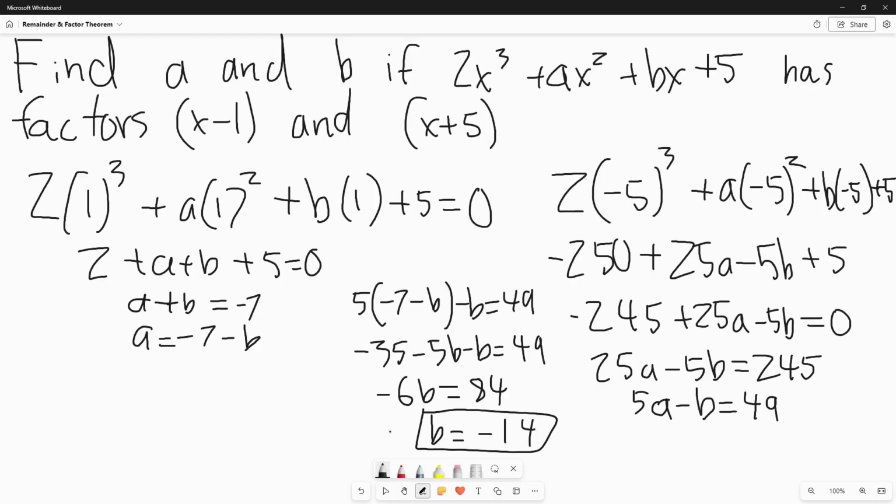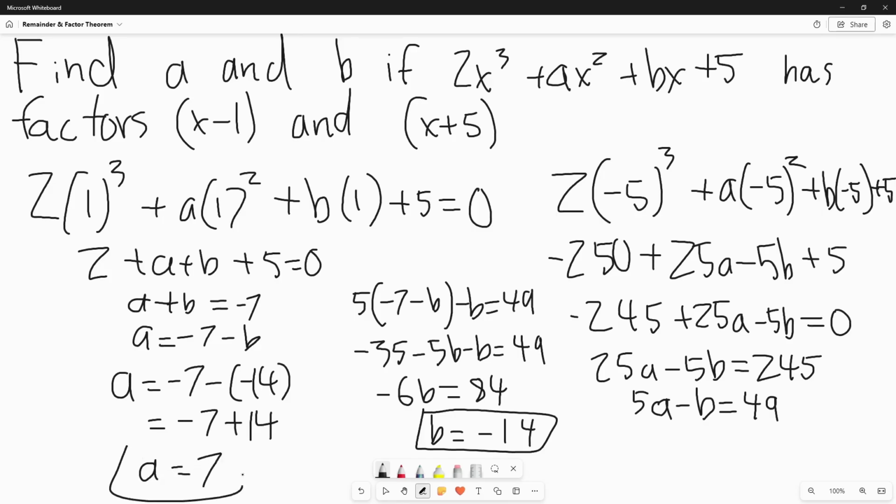So we found one of our numbers, but what's a? All we have to do is plug in b into this equation. So a is equal to -7 minus -14, and we get equal to -7 plus 14, which is just a equals 7. So we found both of our variables, a equals 7 and b equals -14,